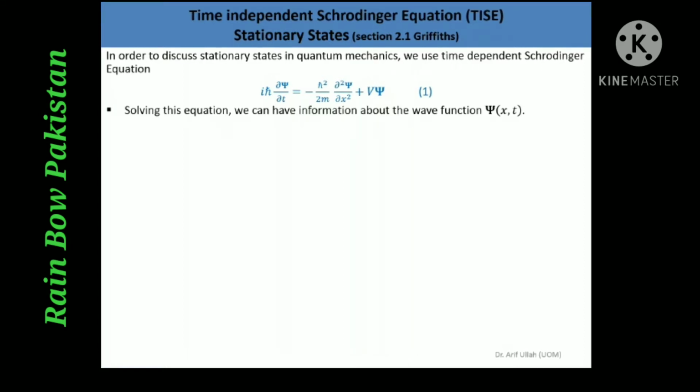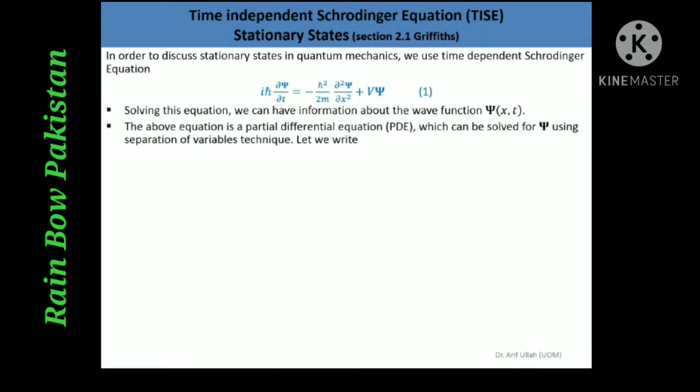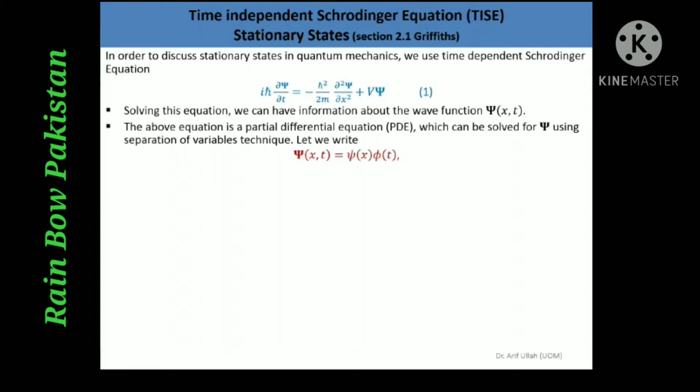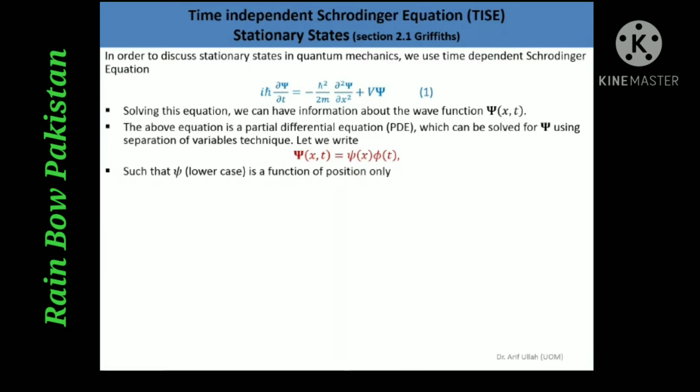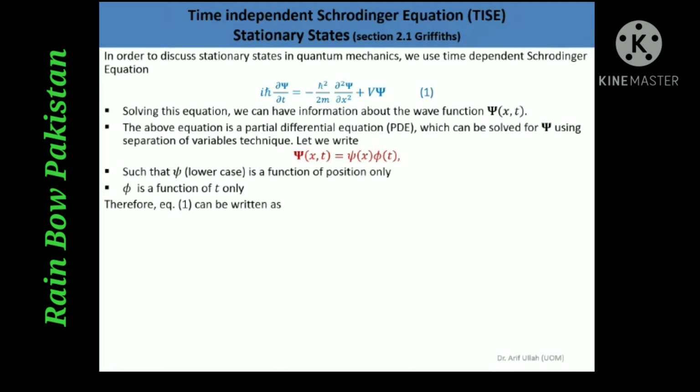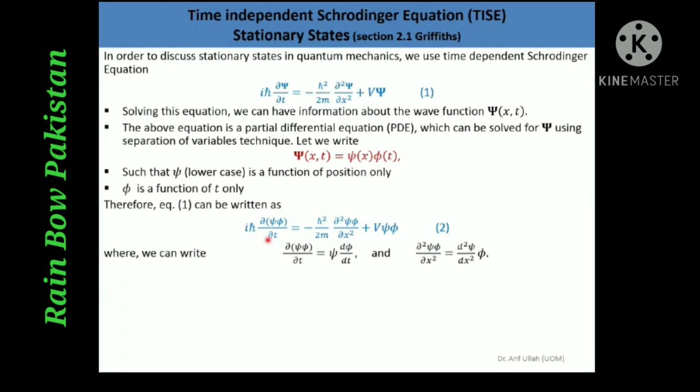position and time. Now, this is a partial differential equation and can be solved using the separation of variables technique. Therefore, we can write this big Ψ, which is a function of position and time, in terms of lowercase ψ and φ, where the lowercase ψ is a function of position only and φ is a function of time only. Therefore, the above equation can be written like this, where we can write this term